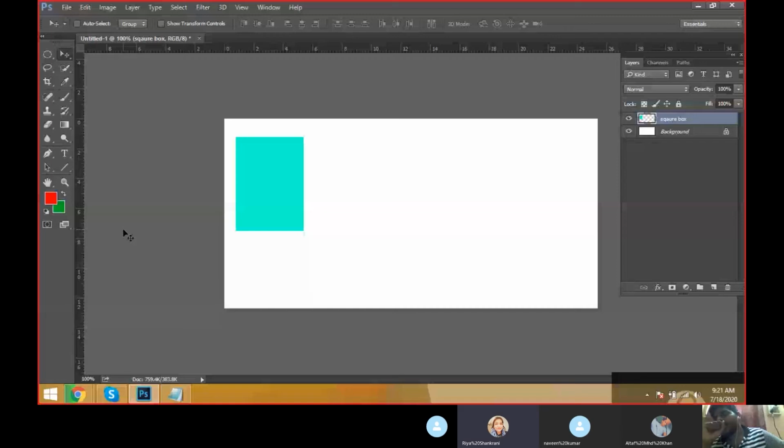I need to apply a green color. Control Backspace. Now the green color should apply.